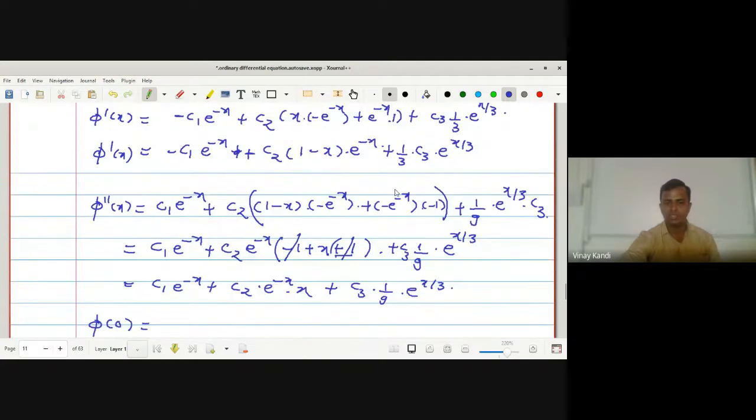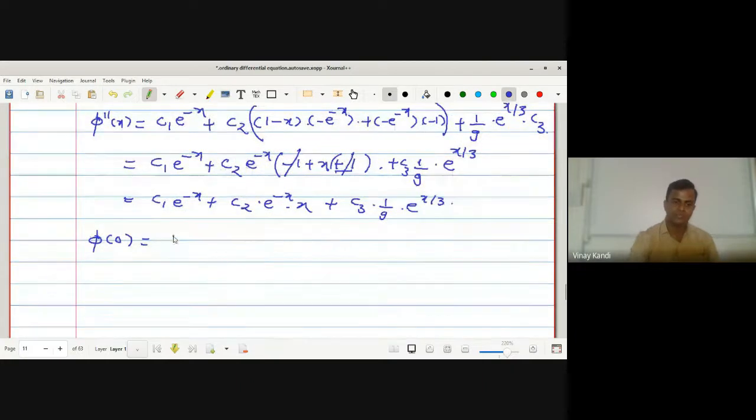Okay, c1 plus c3. ओके, किती दिलाय phi of 0 आपल्याला 0 दिलाय. So c1 plus c3 is equal to 0. Now the phi dash of 0, phi dash of 0 काय येणार